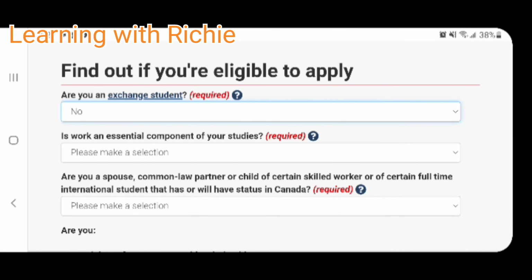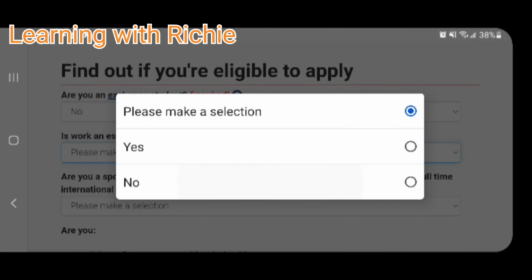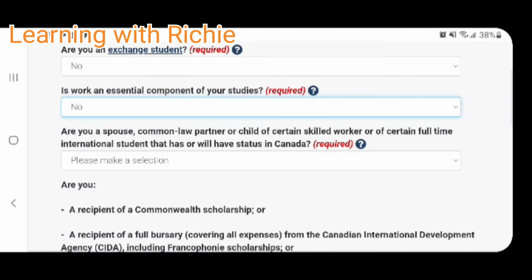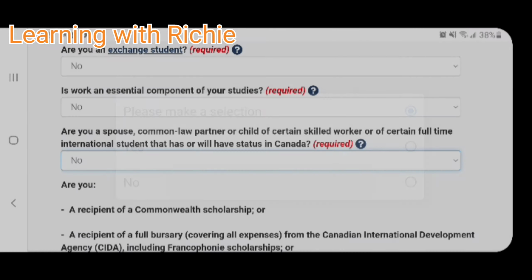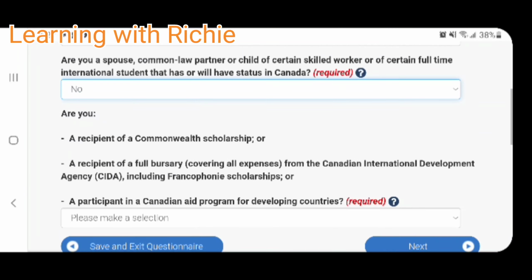Are you an exchange student? Like there's people's programs that are exchange programs, so you put yes if you are exchange. If you are not, you take no. Is work an essential part of your program? If you have internship as an essential part of your program, you take yes. They'll give you partly like work permit for you to be able to do the work when you come here. But if there is no internship as part of your program, please take no. Then the next question is